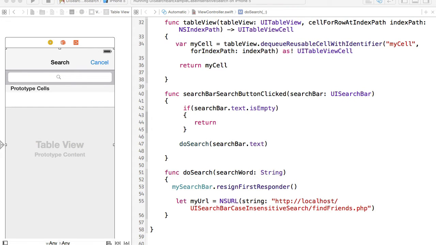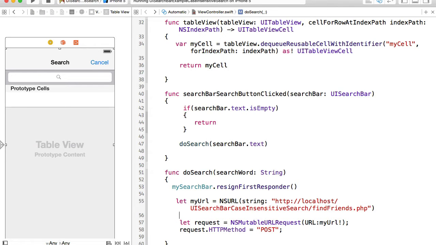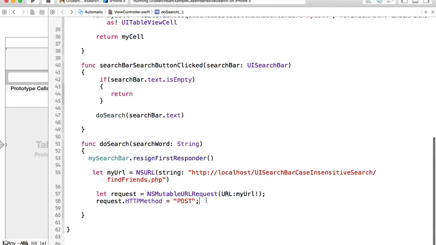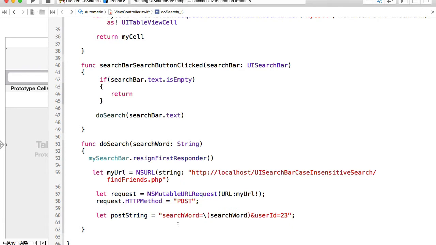Next, we need to create a mutable HTTP request and specify that we are going to be using HTTP POST rather than, for example, an HTTP GET request. I'll just give it a little more space here. Okay. Then we need to create a string, a POST string, which will contain request parameters, our search word,